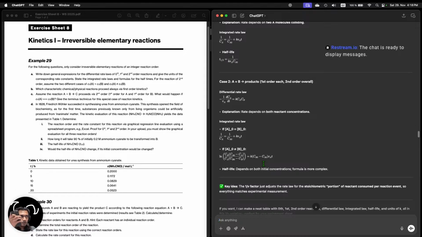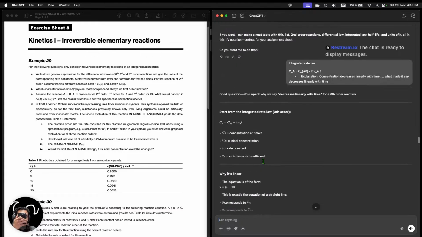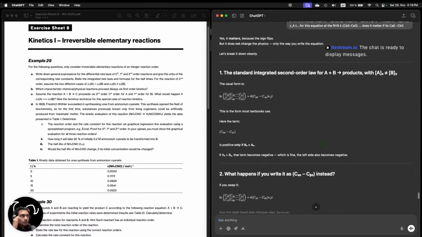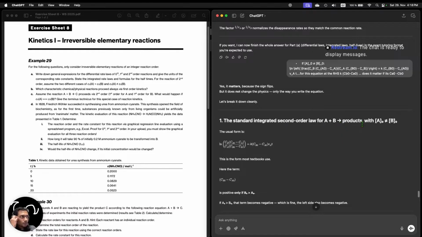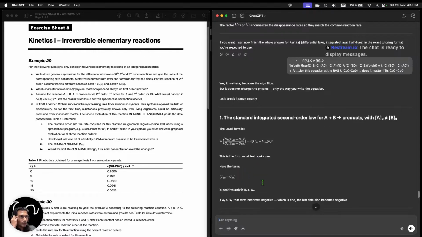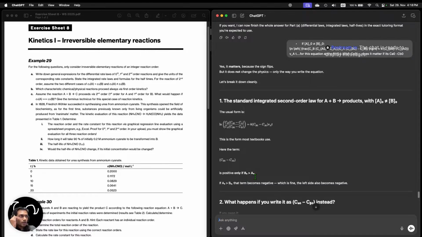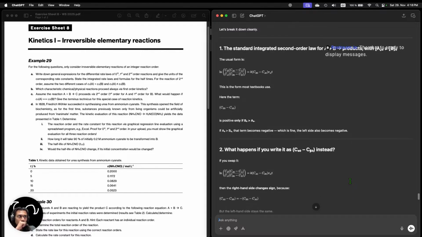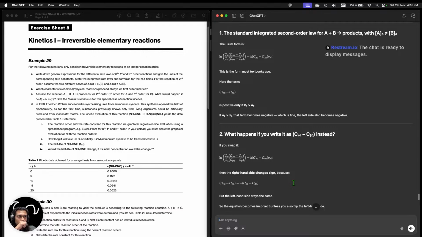The standard integrated second order form most textbooks use is positive if B is greater than A. If A then turn becomes negative, which is fine. Then the left side also becomes negative. Then the right hand side changes sign because